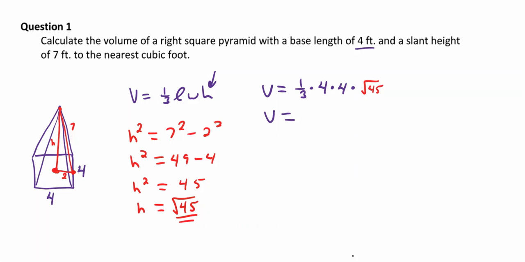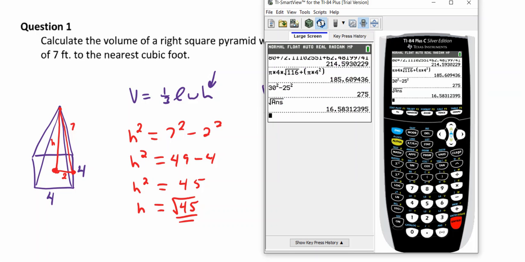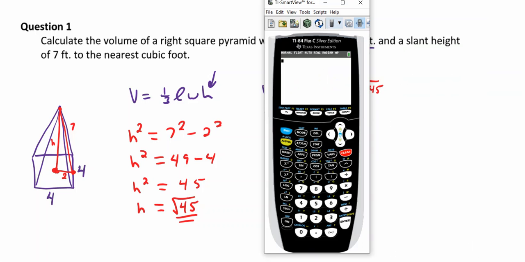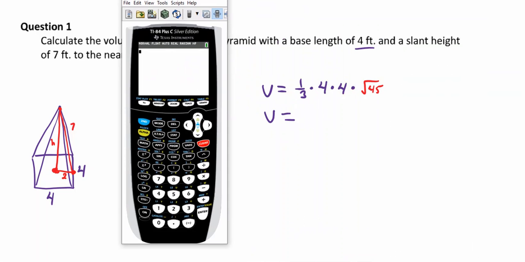So V is equal to 1 divided by 3 times 4 times 4, and then times the square root of 45 is equal to